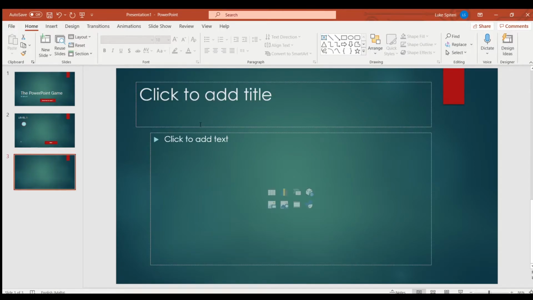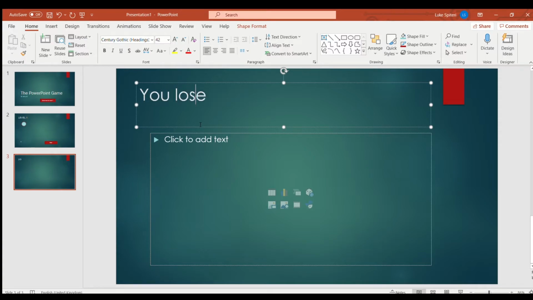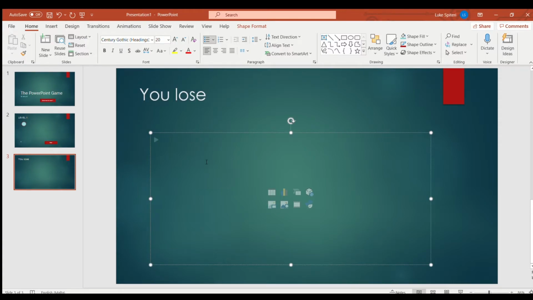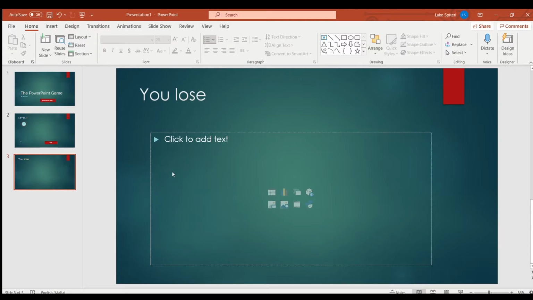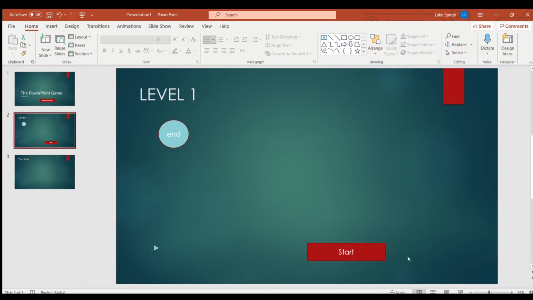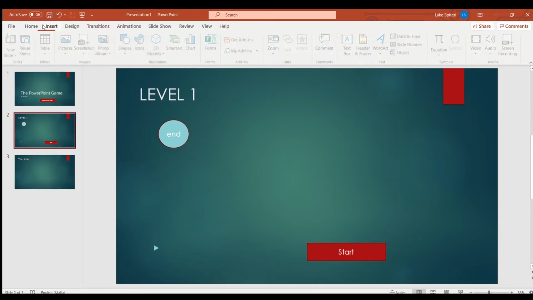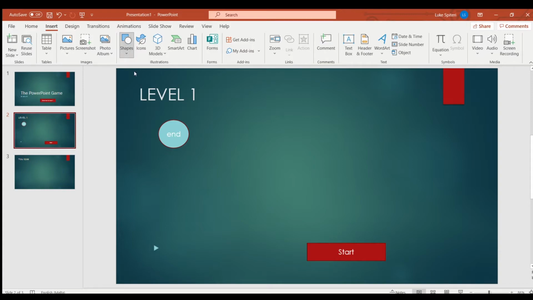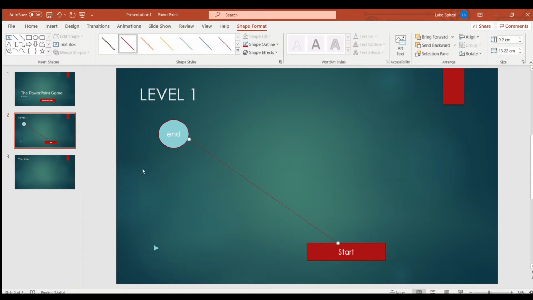Let us create the you lose screen. You can also add some pictures, but we're not gonna do that. Let's just do it simple. And if we go outside the barrier, we are going to be directed here. So the first thing you have to do is create the obstacle. So you can create a line here,